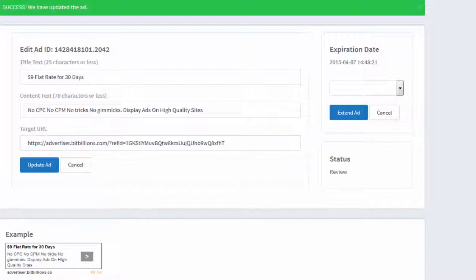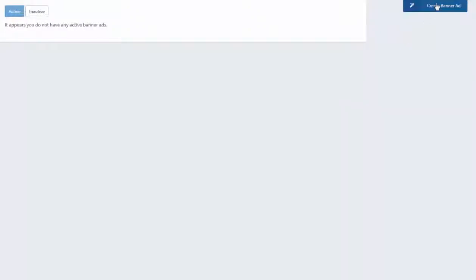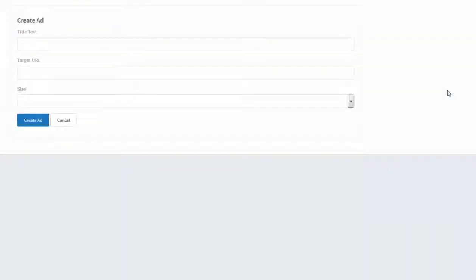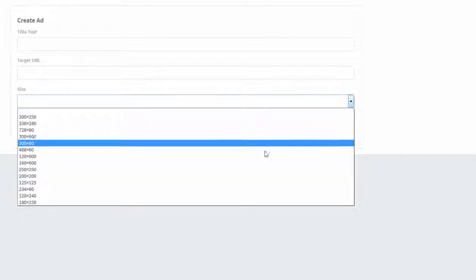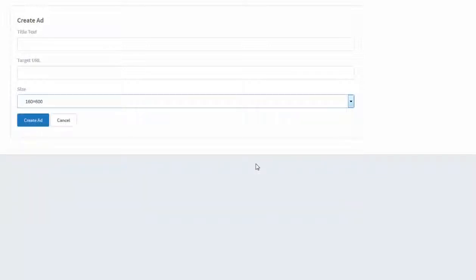The next one we'll go to is a banner ad. And we do the same thing. We go to create banner. And it's pretty much the same here. You've got the title. This one doesn't have body text because obviously it's a banner. The body is the actual banner. And you get to choose a size. So for this example, I'm going to use a 160 by 600. I'll just fill in the title text and the other bit now. So just hang on. Okay, I've got the basic details in. Now if I go create ad,